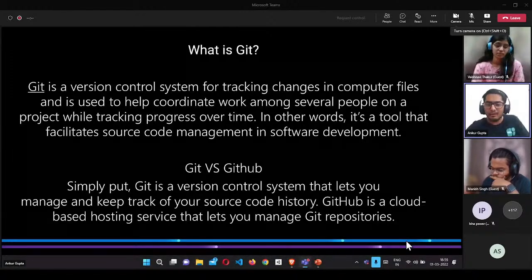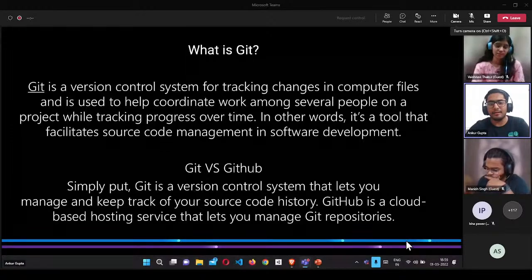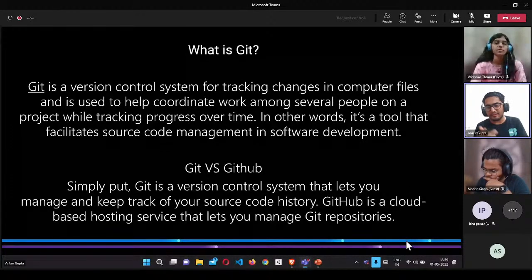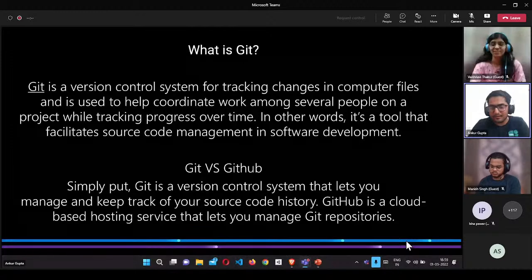So one of it is GitLab. GitLab is also a popular system among various startups and tech companies. So Git is something that everyone uses as a version control system, and GitHub is just a small part that lets you manage your Git repositories. So instead of GitHub, you can even use Heroku, you can use GitLab, you can use a lot of other things. GitHub even provides you some other features such as GitHub Pages and a lot more things. So that is how Git was. So that is a quick demo of Git versus GitHub.